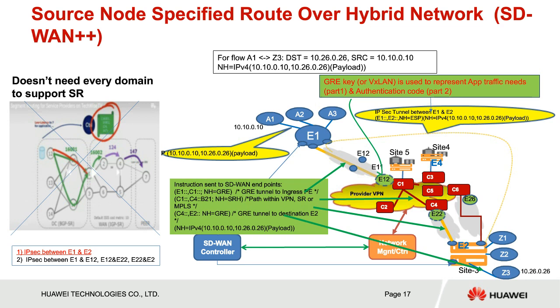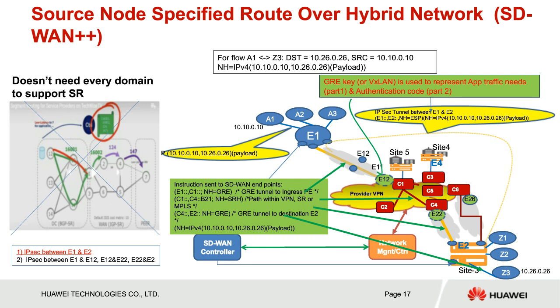And I'm sure lots of people have heard of segment routing in the industry. If you haven't heard about it, then you can go to IETF. It's quite a hot subject in IETF right now. So segment routing requires lots of changes to the data plane and requires the egress node, the source node, to be able to determine the entire route through all the segments.